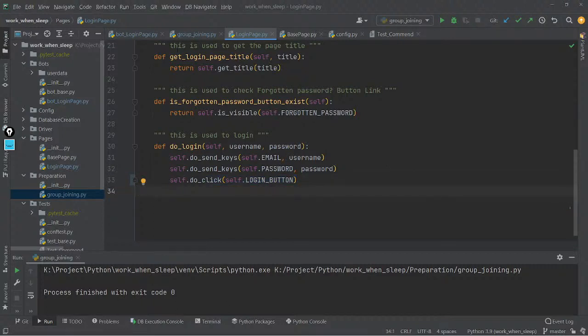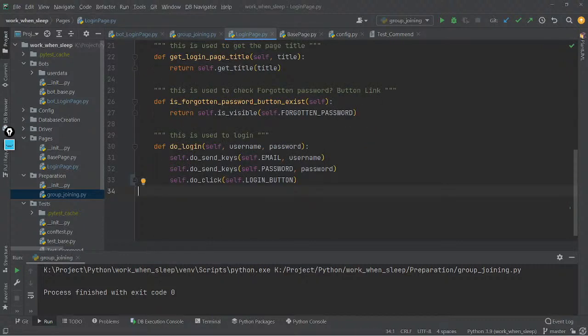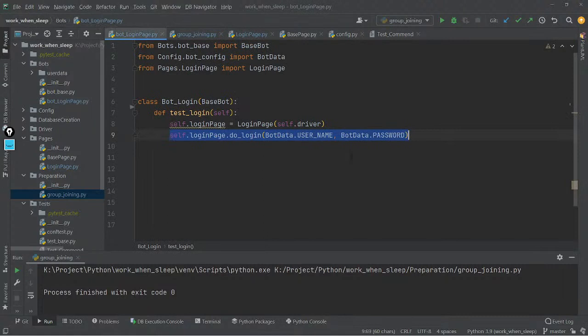I'm not writing that in my test cases as before. I don't want to do that. So now do login not only sends the username and password, at the same time it will click the login button. You see, we don't write it there, but you need two parameters, email and password. You don't need to write a login button parameter somewhere. It happens automatically. So yeah, if you understand that,